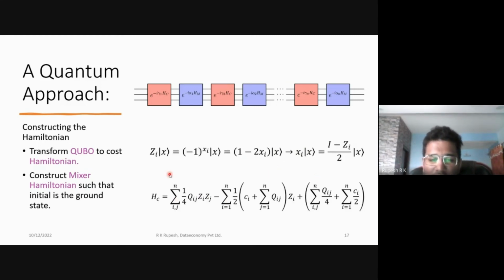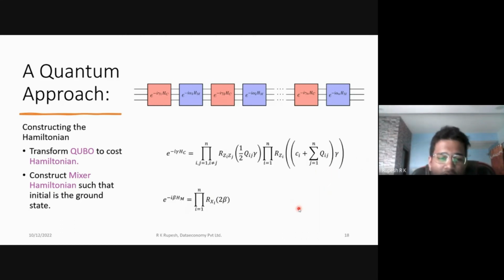And if we do that, we end up with a cost Hamiltonian that looks something like this. We have our Q_ij's, which are our quadratic terms, and then we have the ZZ gate, and then we have this Z gate with a combination of the terms. This comes because of the identity that we have, so we'll have these cross terms which have exactly one Z gate, and then we'll have this constant factor which just corresponds to an identity. This constant factor can be ignored because any Hamiltonian is only true up to an overall constant. You can add a constant factor to all the energy in the universe and nothing will change. So with that, we can get rid of this final term that we have here.